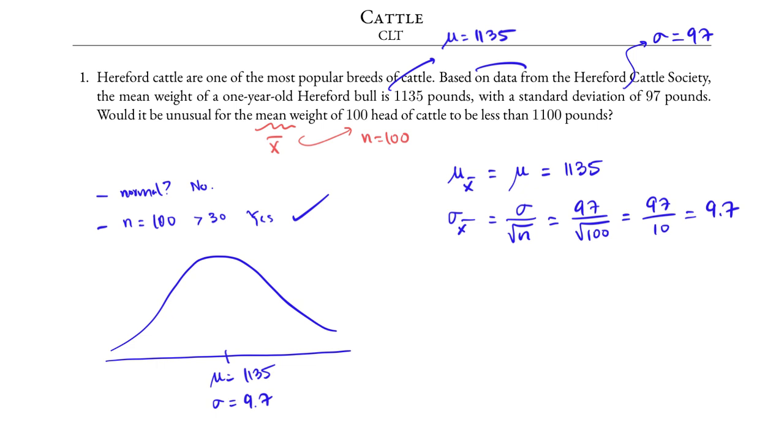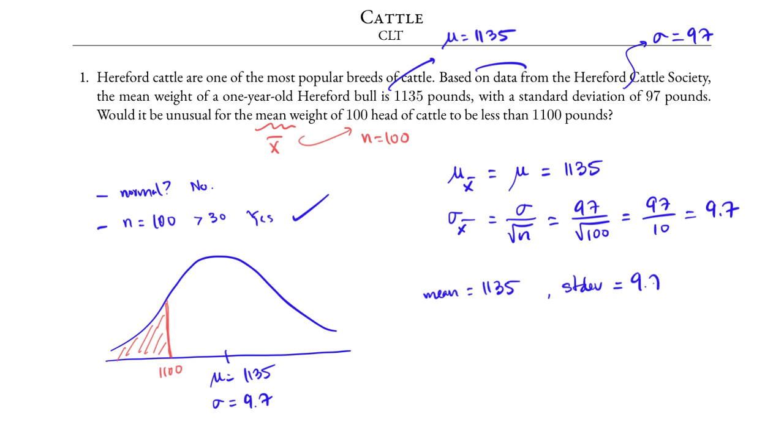Now back to the question asking us to find whether a mean less than 1100 is usual. 1100 is the value that is on the left hand side of the mean 1135. So we would label this as 1100, and this value is the sample mean in the question. It is less than, so we shade everything on the left hand side of this value 1100, and we're looking for this probability. Using technology, we simply input the mean is 1135, input the standard deviation of the sampling distribution,